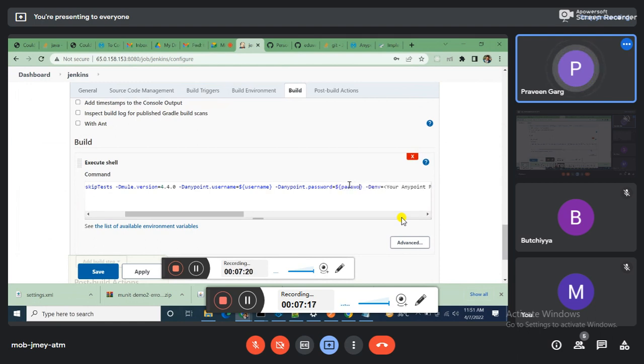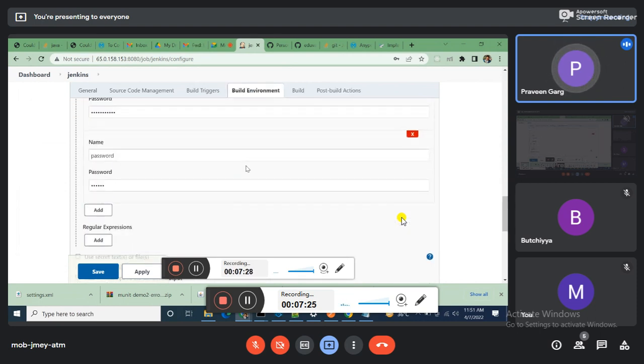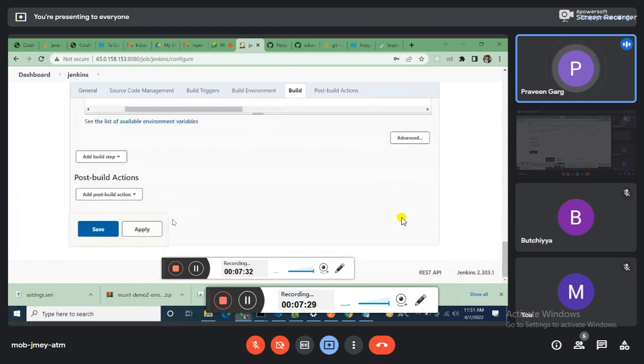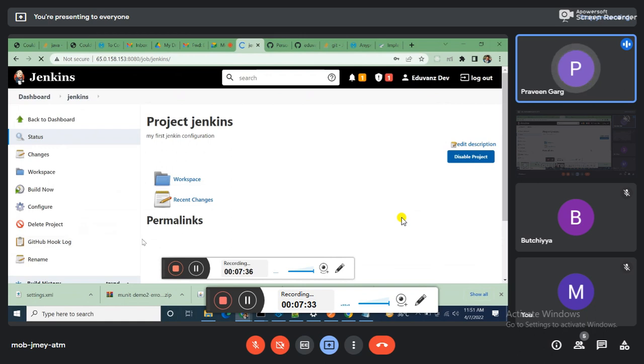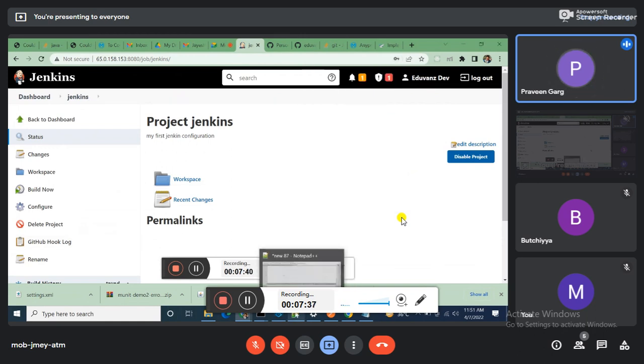Password. Okay. So in this way we can hide our username and the password. Even if you look, I cannot see my own username and password. Okay, so let's come down and click on save. So that's all from the Jenkins configuration. Now,